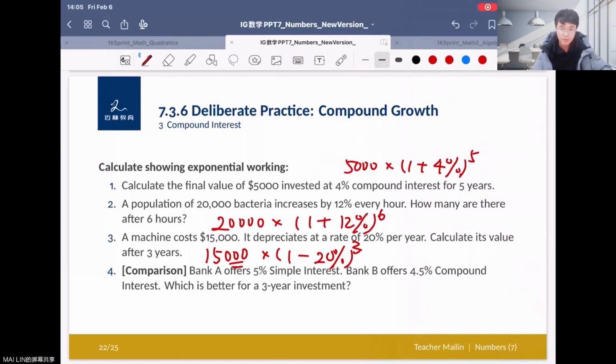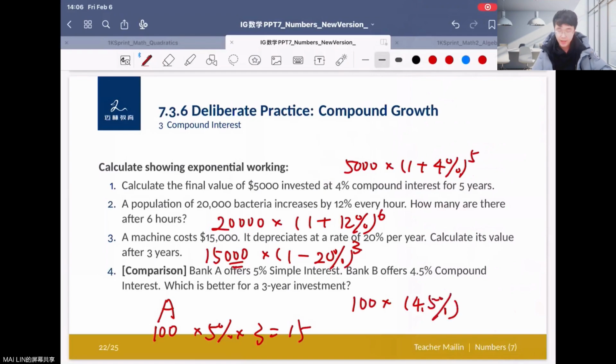And the last problem is: Bank A offers 5% simple interest and Bank B offers 4.5% compound interest. Which is better for a 3 year investment? For simple interest, you have an original amount. Maybe you can just consider you have $100. After 3 years, it's 5% times 3, right? That is the money you gained. So 5 times 3 is 15. And for 4.5% compound interest, you will know that here is 100 times